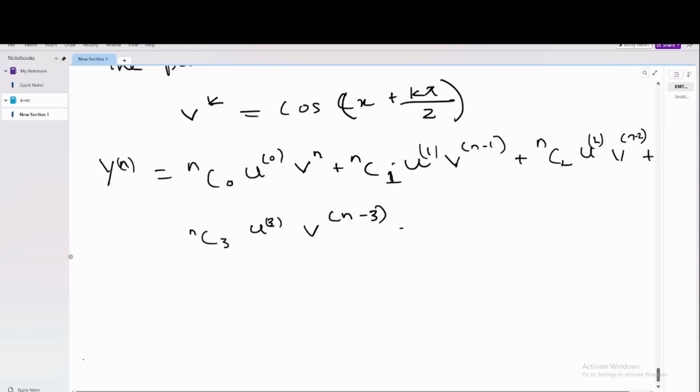Now we want to calculate the values of nC0,